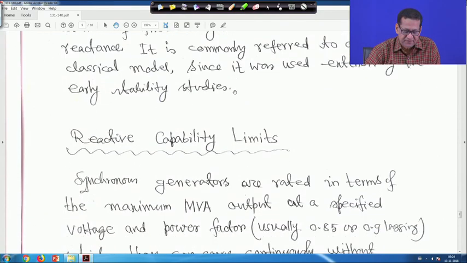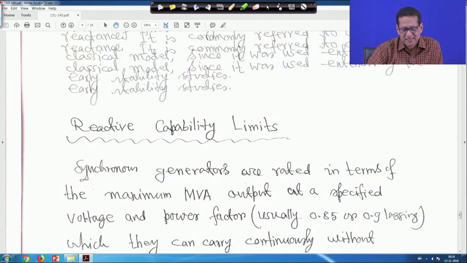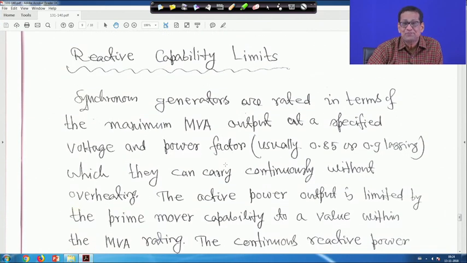Next is the reactive capability limits. Let me tell you one thing: if time permits, then at the end we will explain certain things, but at present I do not want to discuss this, or continuity will be lost. If time permits for this course, at the end we will see state estimation, and after that, to some extent, we will talk about the exciter of the synchronous machine and the reactive capability limits of the machine, if I find a couple of hours at the end. Otherwise I have to skip this.